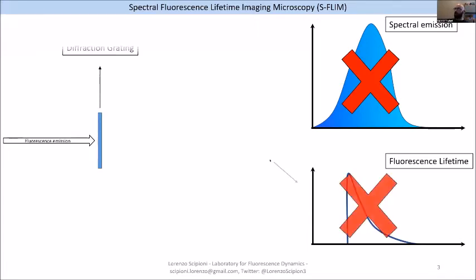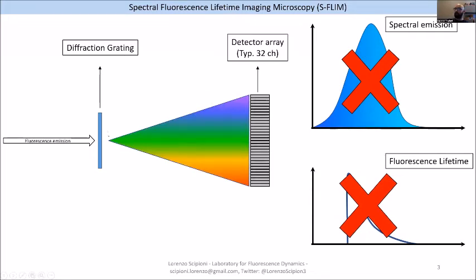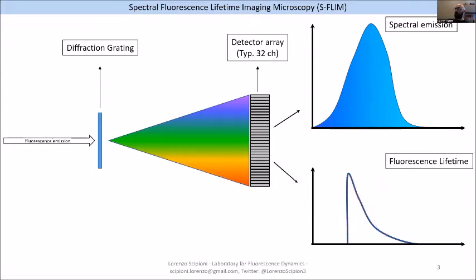Some other systems, instead of a detector, have a diffraction grating that disperses the light by color, and then each different very small spectral emission is collected by a detector array. So this detector will collect the light coming from the blue emission, and this detector will collect the light coming from the red emission, and you will effectively have an emission spectrum for each pixel of your image, right? What we did was basically taking a detector of this sort and making every one of these detectors capable of